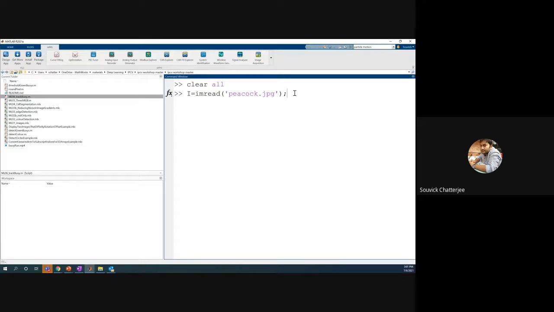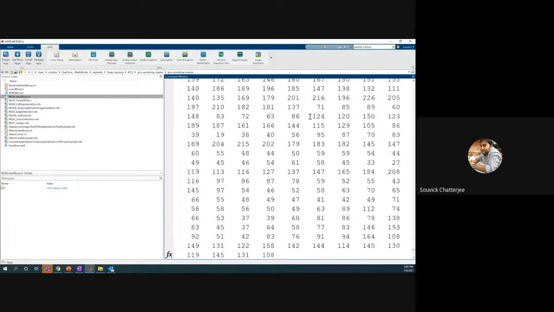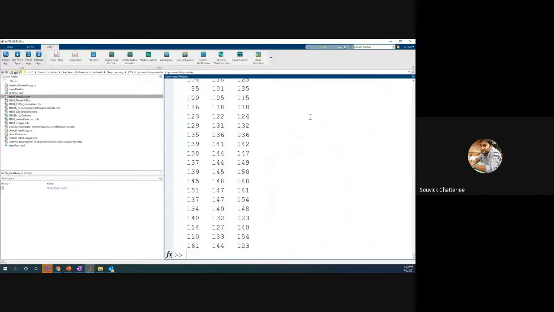Okay, so that's the login part. Now, say for example, if I take up this image, imread is the command to read the image. Once you read the image, the question becomes, how does this image look? Also, for people who have not used MATLAB before, this semicolon is where you suppress the output. If I do not put a semicolon and then press enter, you will see that some huge matrices come up.